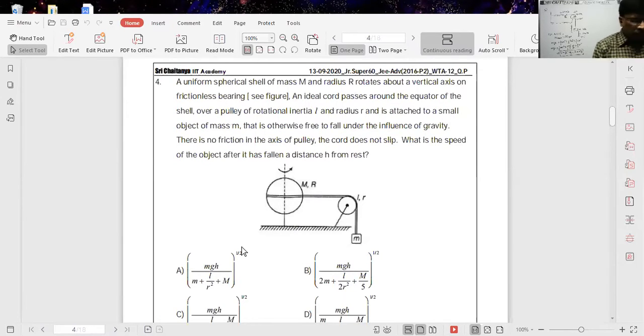You see the next problem, the fourth problem. I don't want to say this continuously, but some important problems are there. Here, the fourth problem is also an important one. You see,